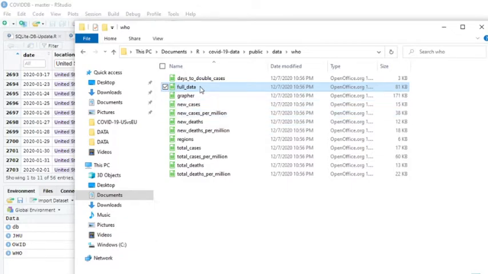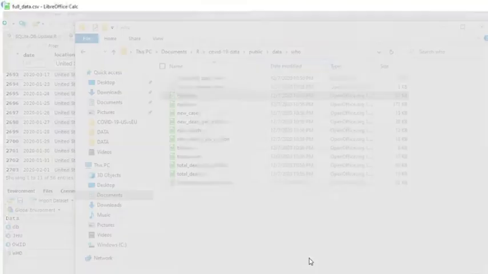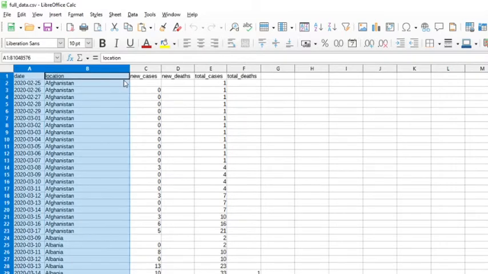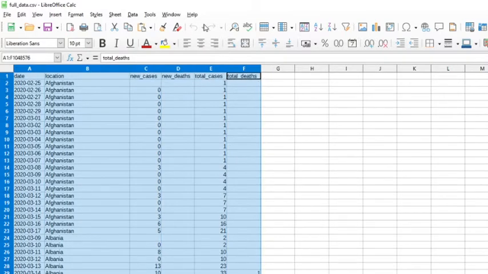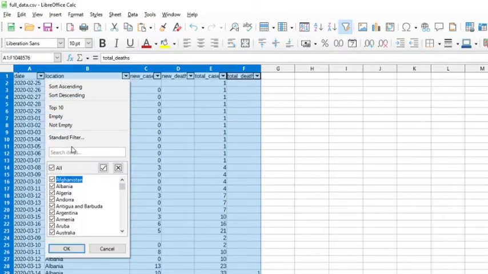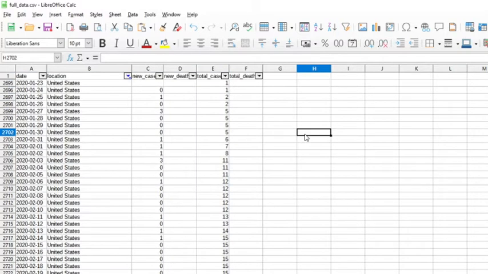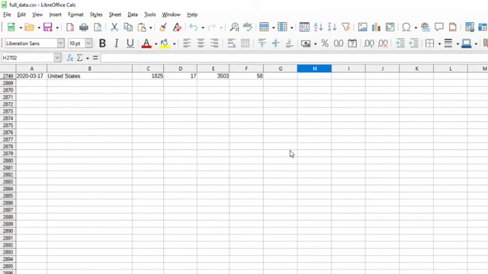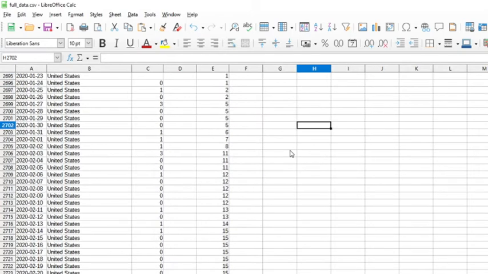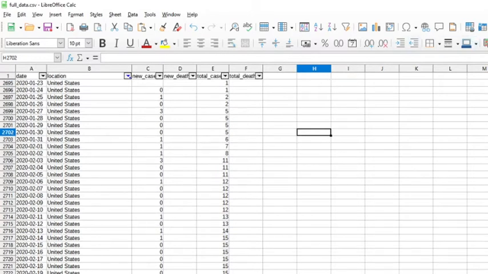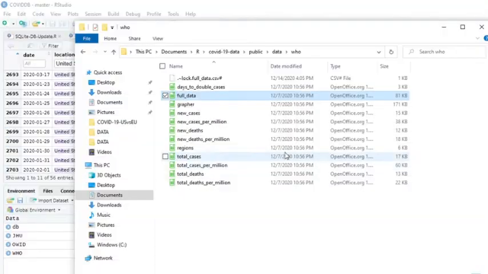Interesting. So the WHO doesn't really have that completed data set, do they? Well, the WHO is basically worthless at this point, as far as I can tell.